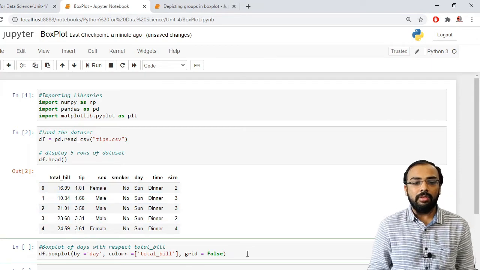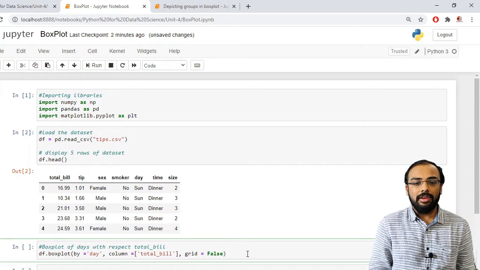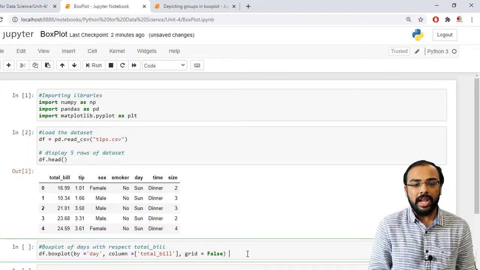Now I want to plot a box plot with respect to the days of our particular total bill. That means I want to plot a box plot of days with respect to my total bill. For that we have a method named boxplot. This boxplot method is applicable on my data frame, that is dataframe.boxplot.